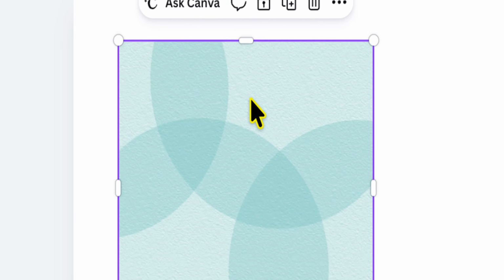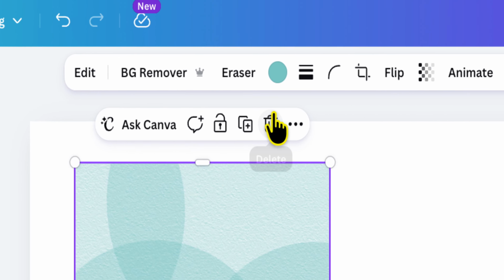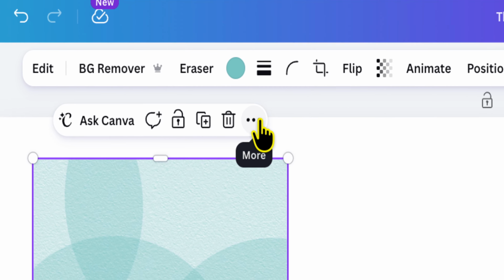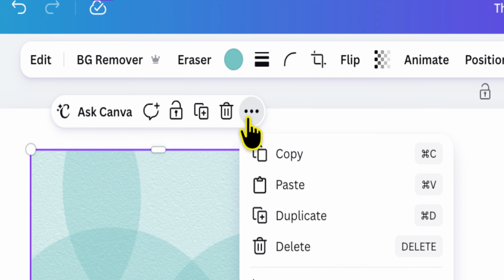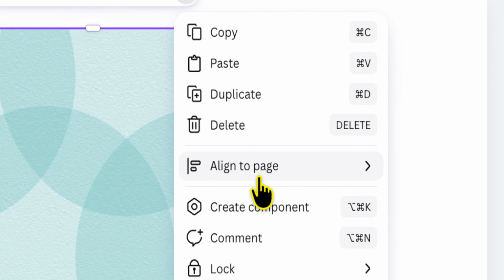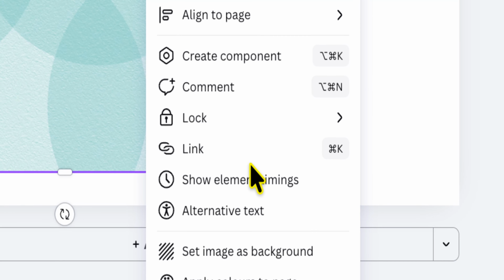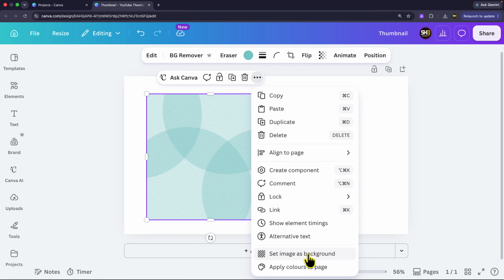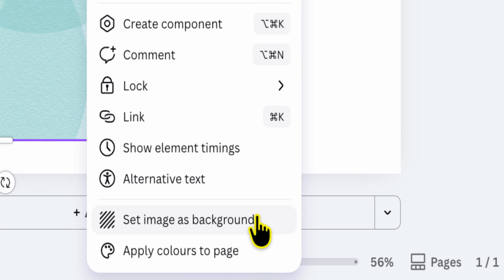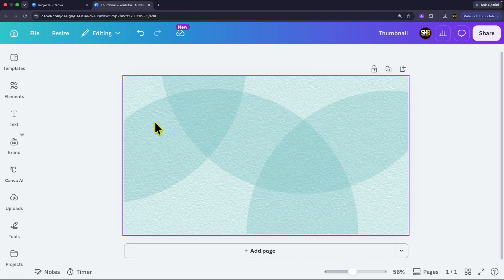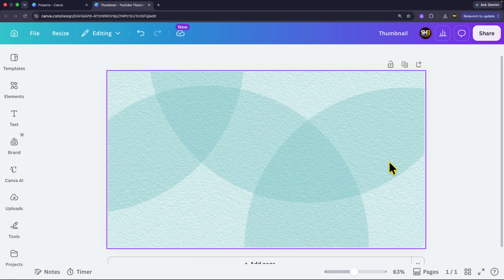And when you do that, there will be a toolbar that appears right above your background. Click on the horizontal three dots denoting more actions. And once you're presented with this menu of actions, click on Set Image as Background. So now that we have our background set,